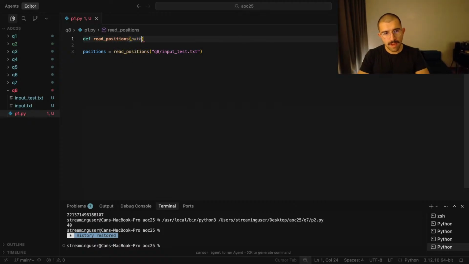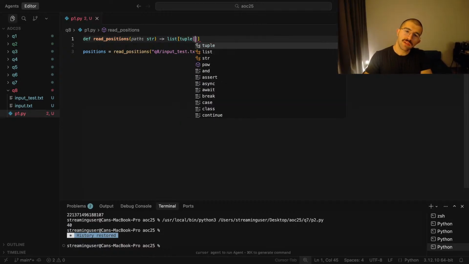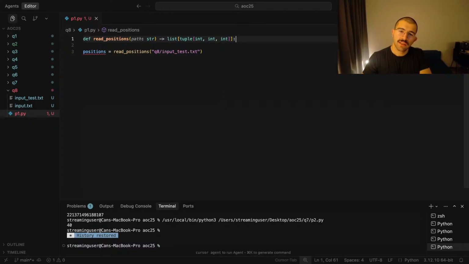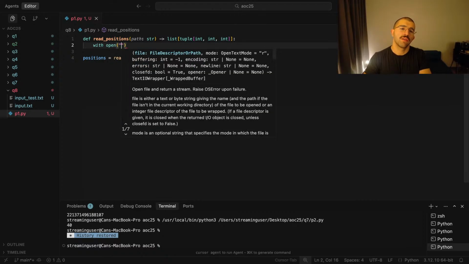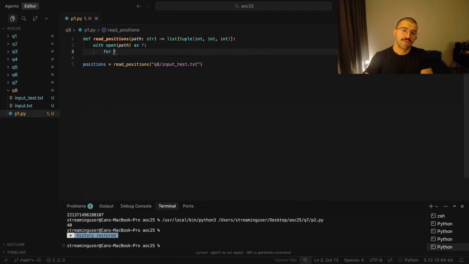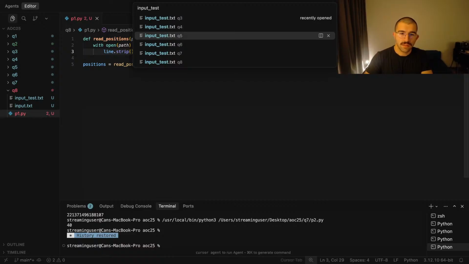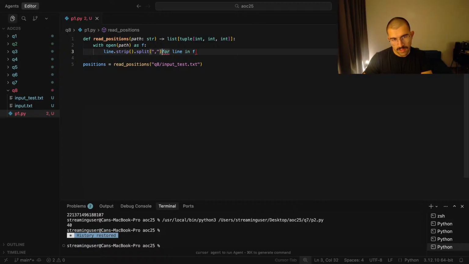Path string, list of tuple int, basically xyz, and with open path as f, for line in f, line.strip, line split. With input test, yeah, split with this,